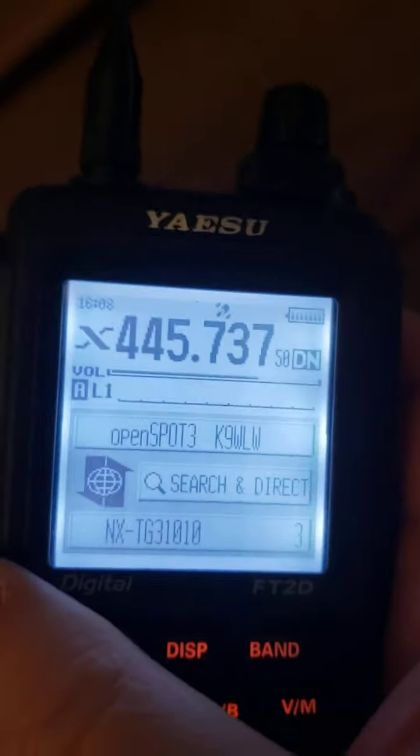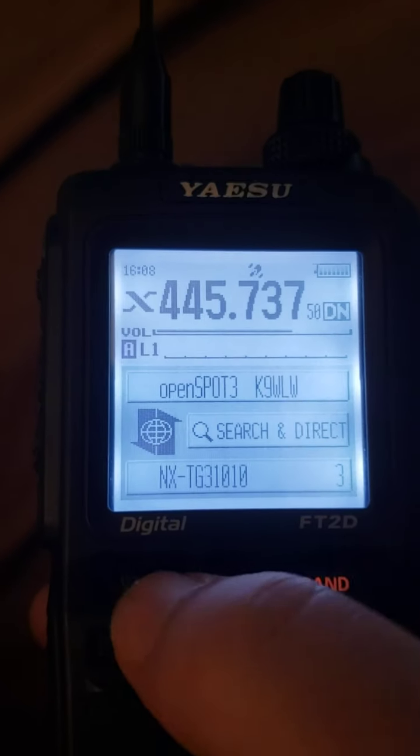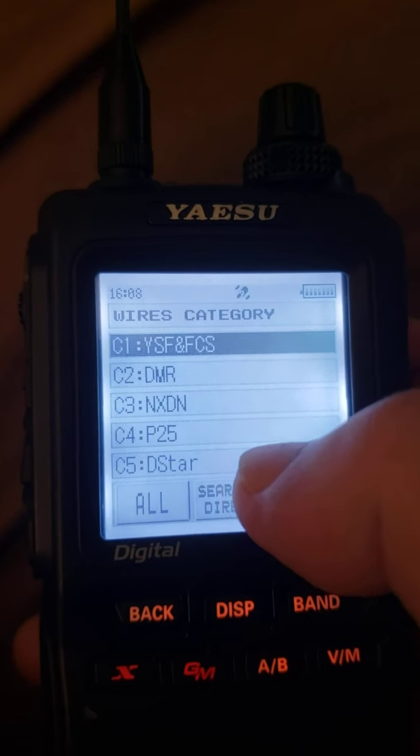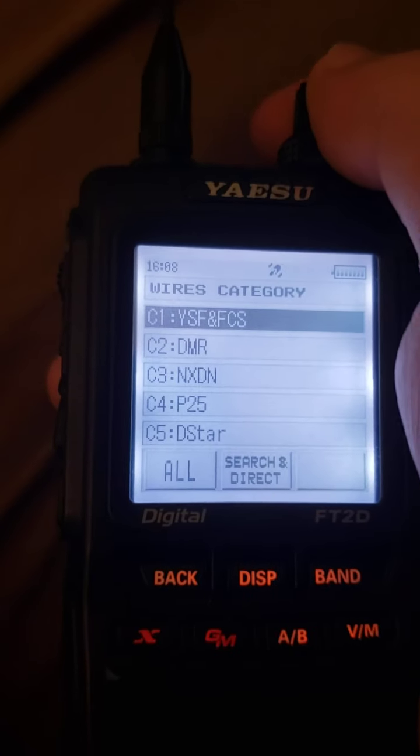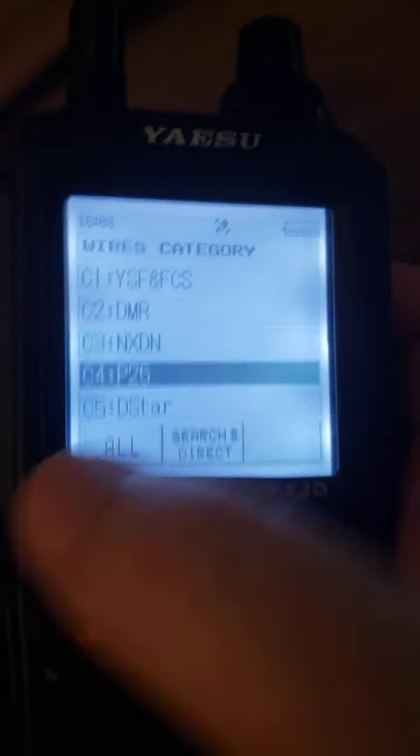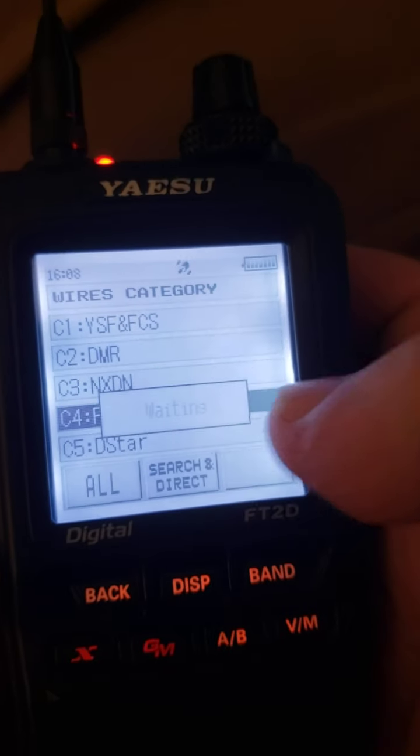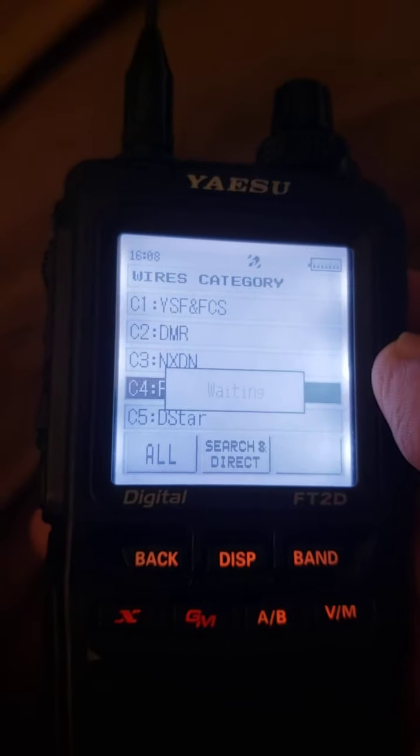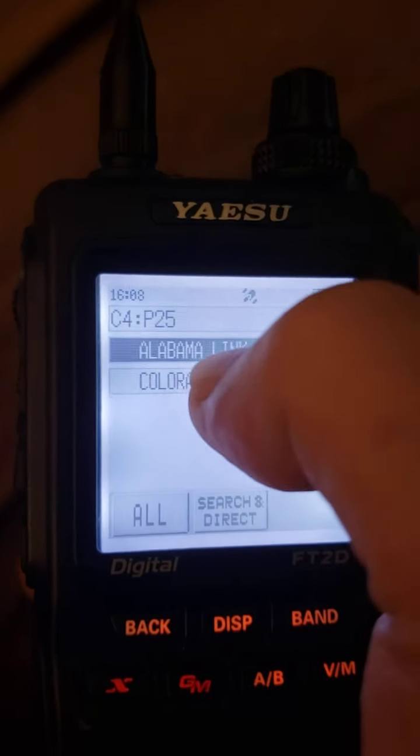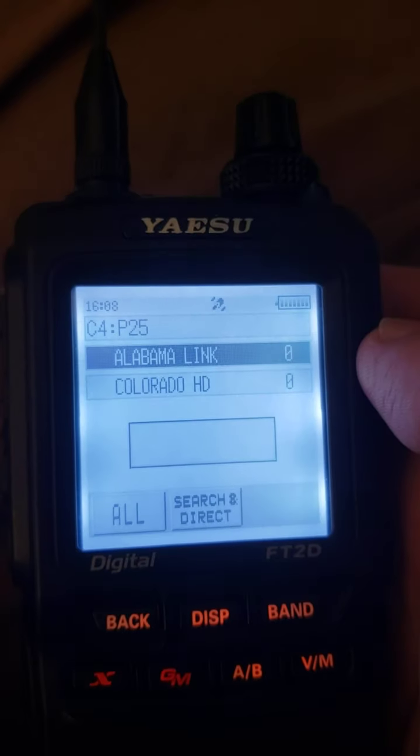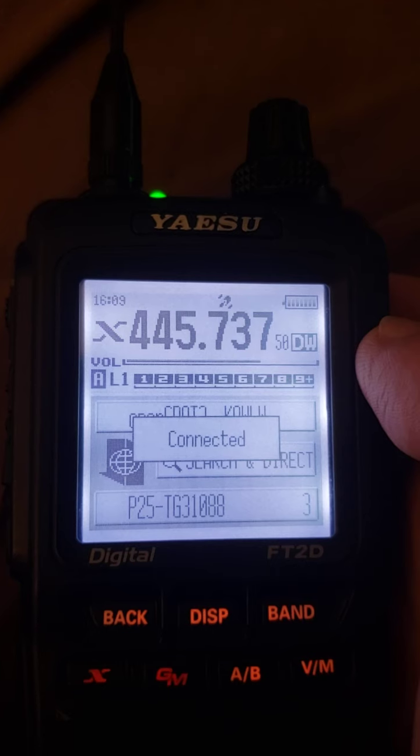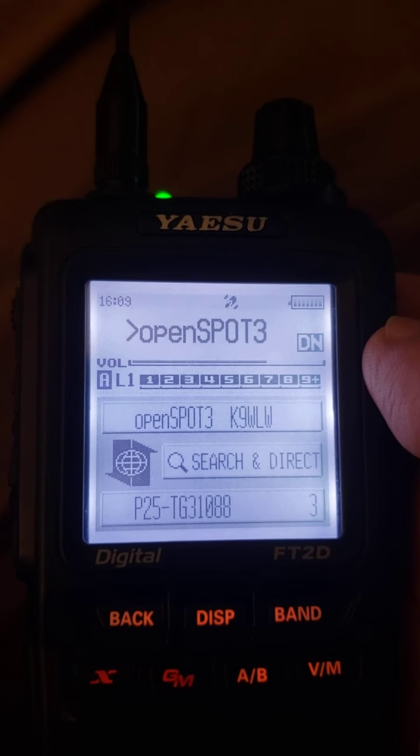Okay, the other cross mode we're going to try today is the P25. I've stored a couple of P25 reflectors. Let me see what I have in here. I've got Colorado HD and Alabama Link. So I'm going to connect to Colorado HD. Openspot connected to P25 reflector